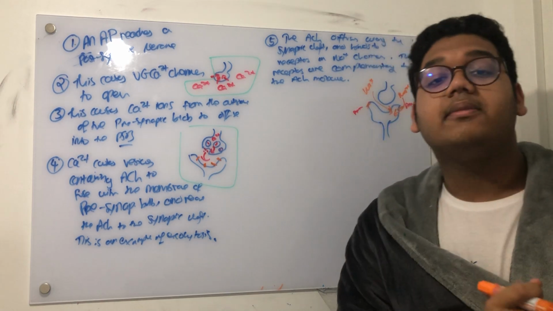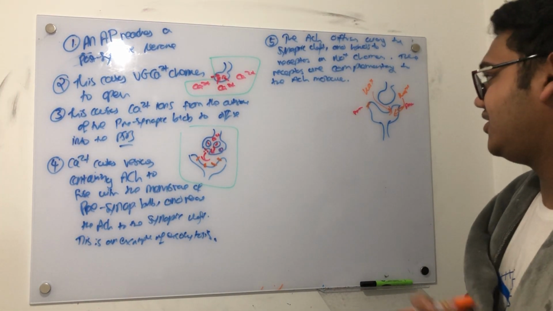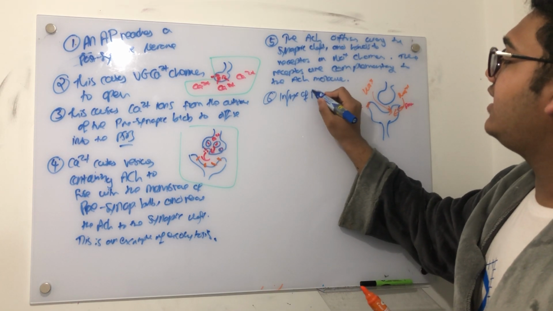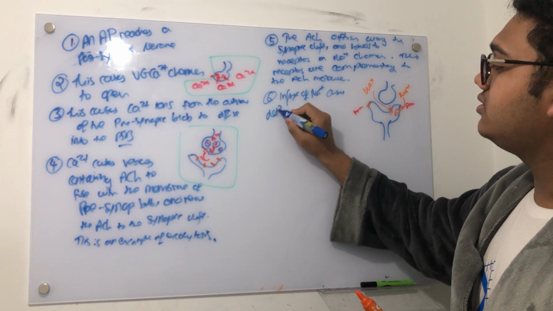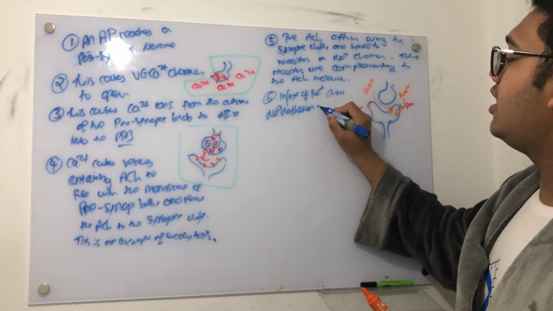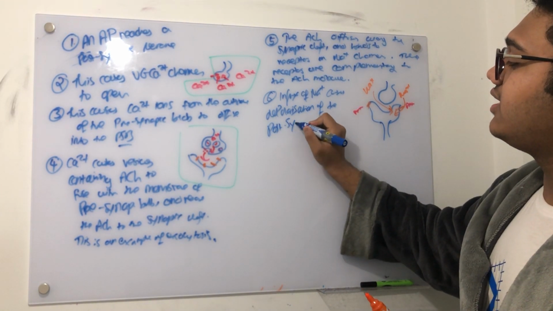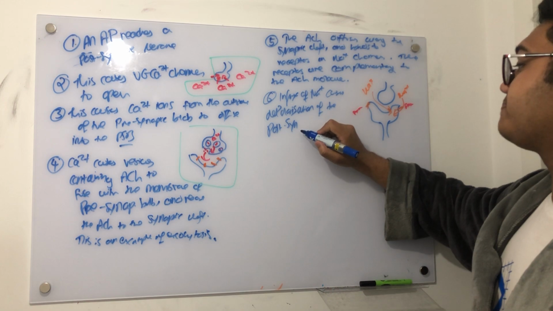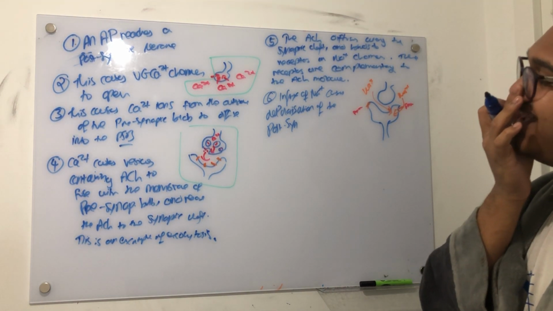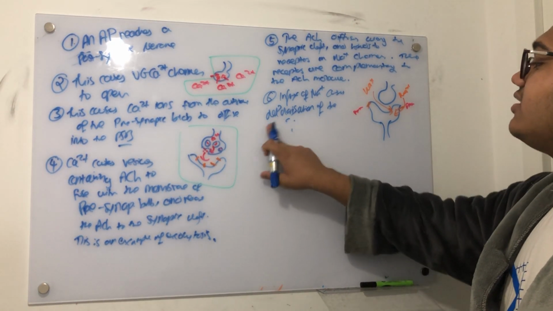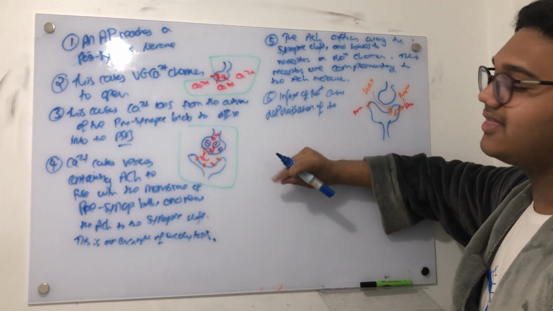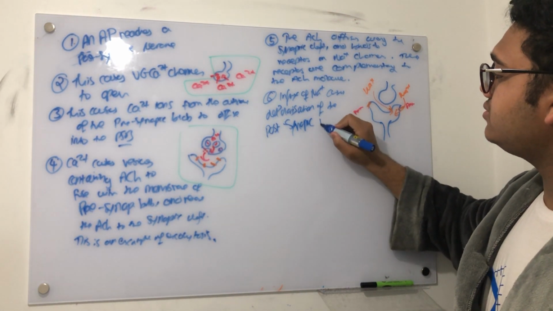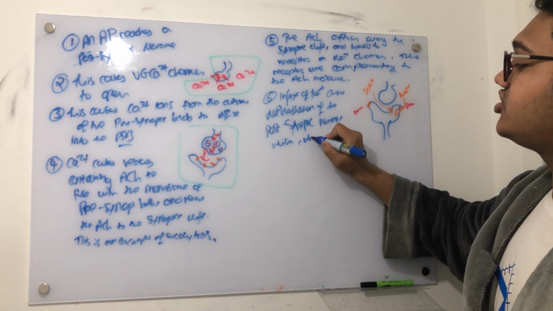Now, this is starting to look a bit familiar because when sodium diffuses in, we're starting to depolarize the membrane. So we're starting an action potential here. So influx of Na+ causes depolarization of the postsynaptic neuron. How would I describe it? I'll just say the next synapse or the next neuron. Oh, there we go. Postsynaptic neuron. Which, when threshold is reached,